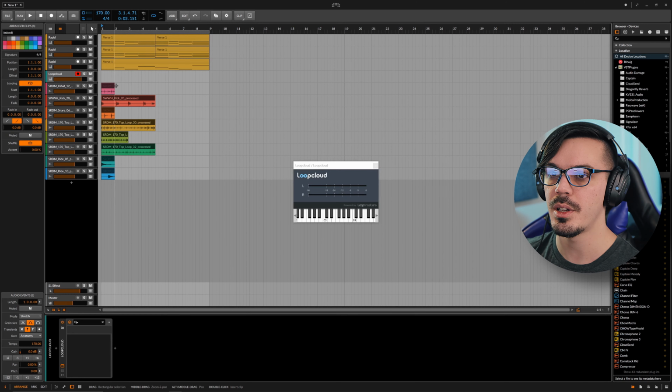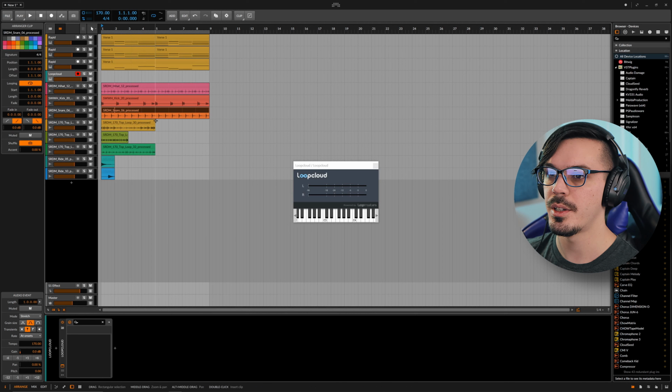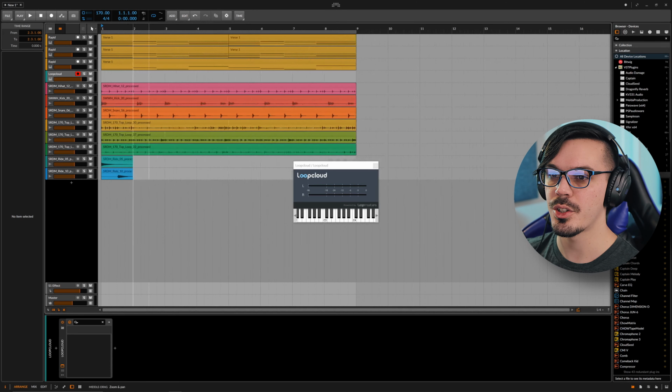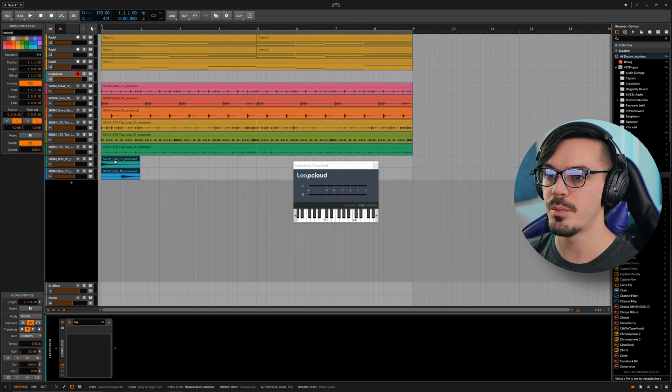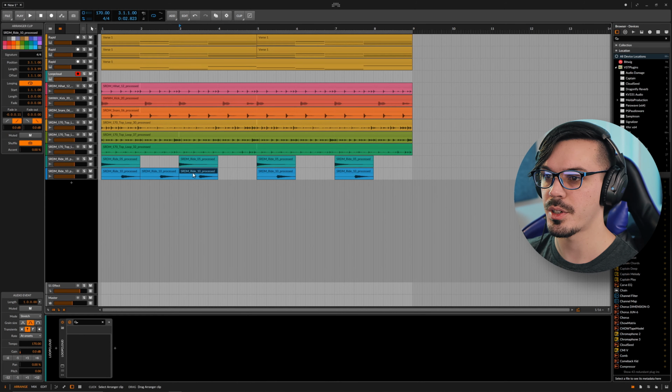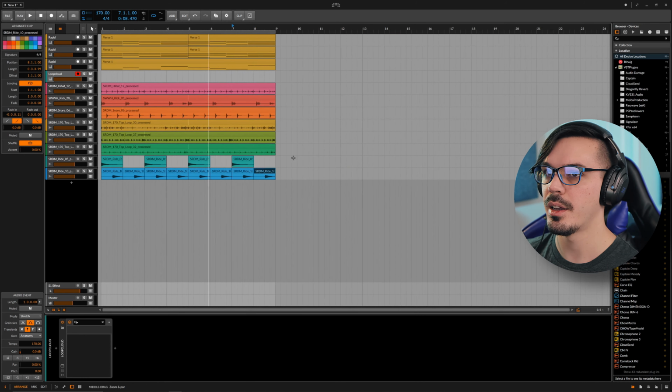I think looping should be engaged, so let's just loop all of these out, which is always a thrilling process. I don't know about you, but it's one of my favorite things to sit here and drag out all my loops like this. And I think just for a bit of movement, let's make these every other bar, just so we're not getting the same kind of groove to the cymbals. Maybe we'll just add this in between ride. And now we can play this back. We'll mute the Loopcloud app and